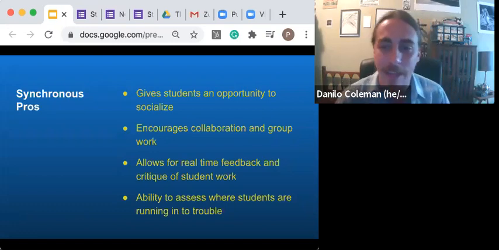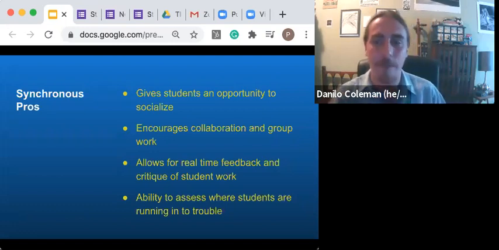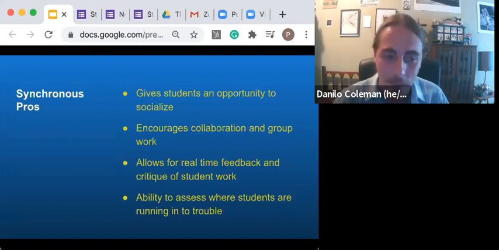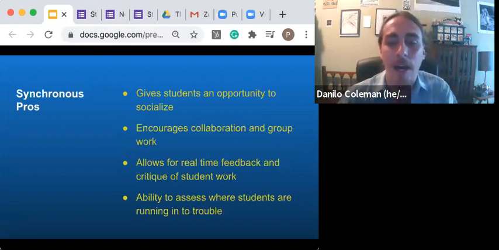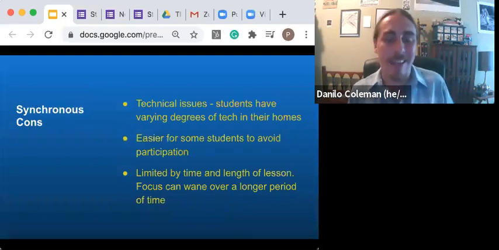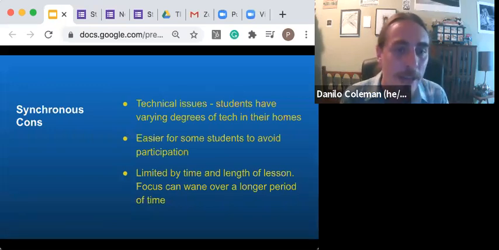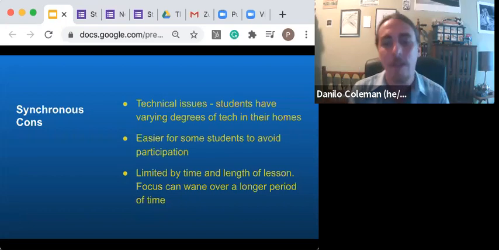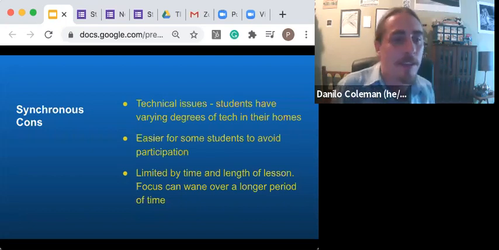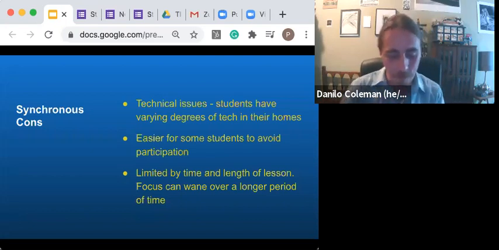Emphasizing the pros again, like I was saying, socialization time. They were really into that, playing games, anything like that. We can see how they're doing, what they're maybe having trouble with. To move to the cons, as with the last one, there are technical issues that we sometimes couldn't address, either a microphone not working, easier for kids to just not participate if they'd like. And sometimes the lessons honestly felt a little short. So solutions to those,